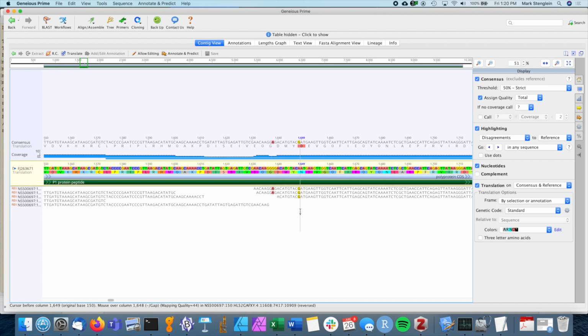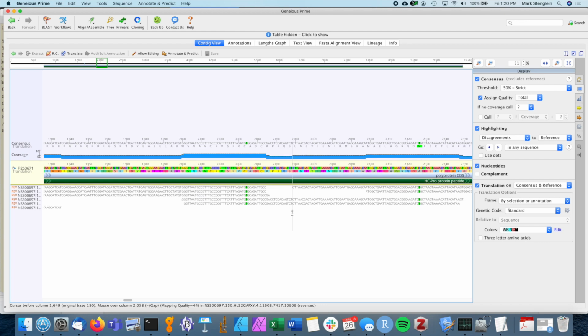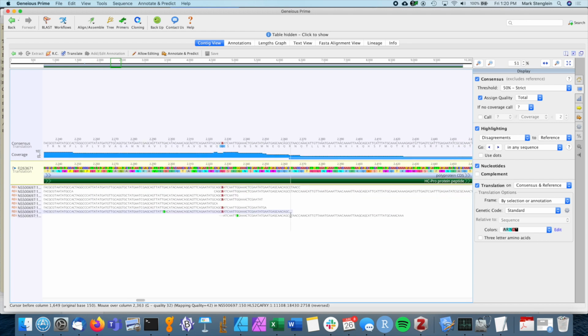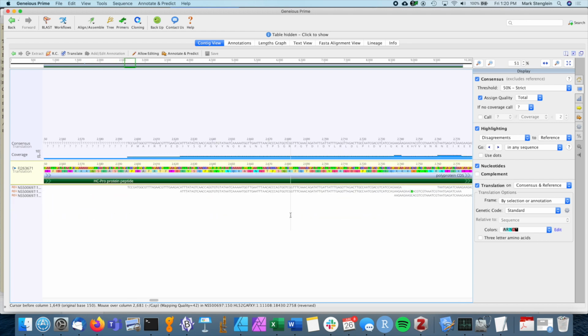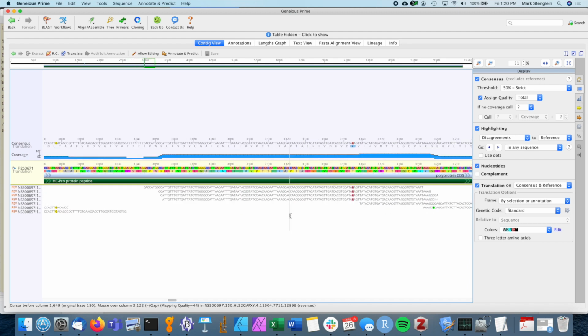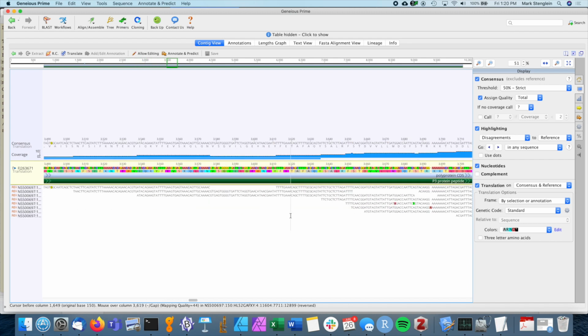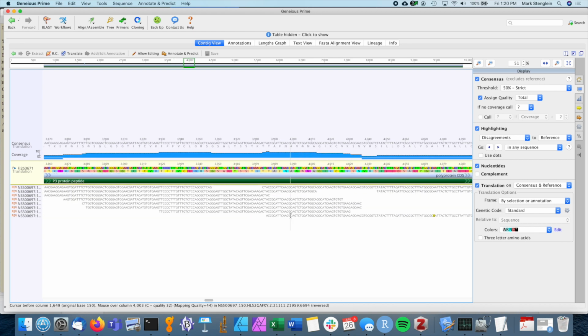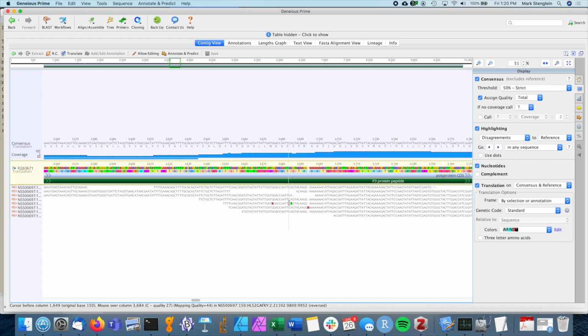Here there's a G. I also think I may have noticed, you can see that throughout the genome there are some differences between the reads and the reference genome. And you can distinguish those from random sequencing errors. So here, this A is probably a sequencing error. The error rate of Illumina sequencing is about 0.1%, so about 1 in 1,000 bases will just by chance be incorrectly called. And that's probably what this is, although it also could be a low-level